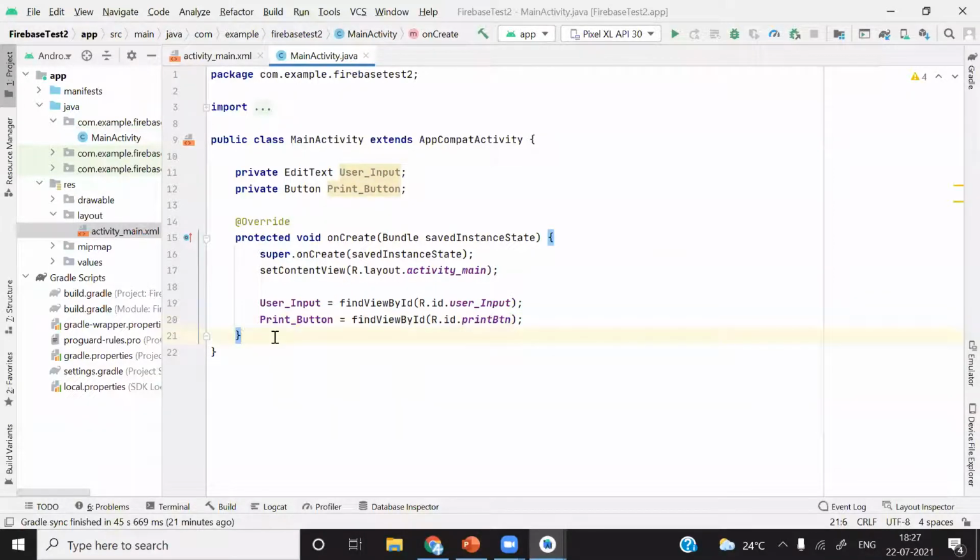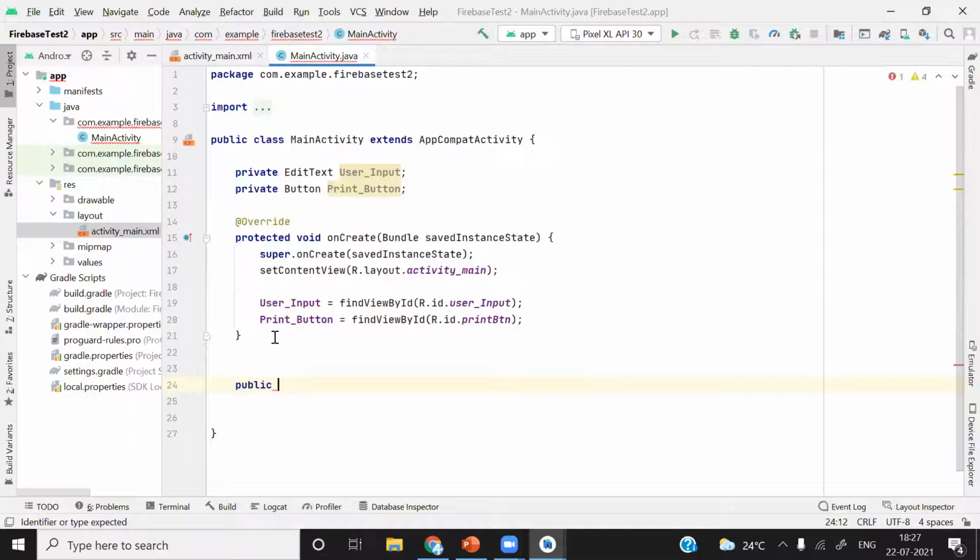And after that, what do you want to do? We'll write a function. Whenever we are pressing that button, we want to print whatever text is available in that edit text. To create a function, just type public void, name of the function, so print function. In this print function, whatever user input is available, we want to print in the logcat.